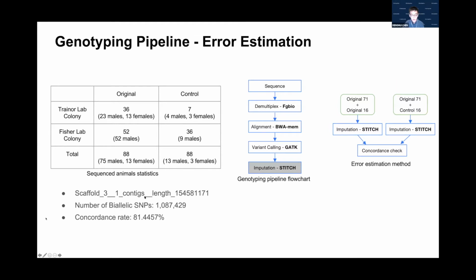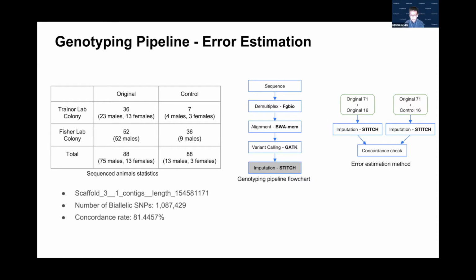So as we saw, we have so many different contigs. So we chose one with a relatively long length from those contigs, and then we chose contig 3, which has a 154 megabase length. And then the number of biallelic SNPs is around 1 million. The concordance rate between the control and the original data set here is